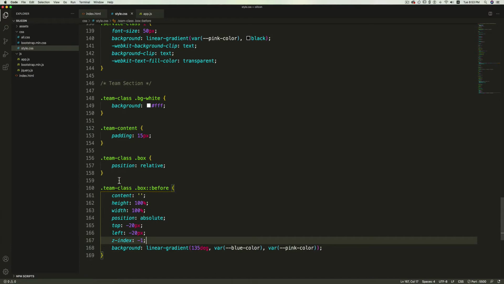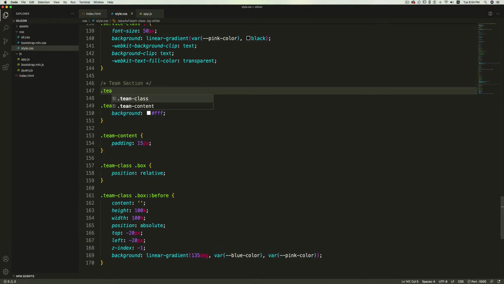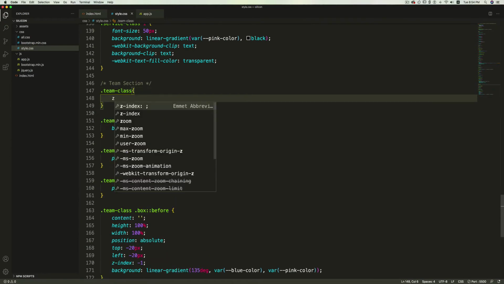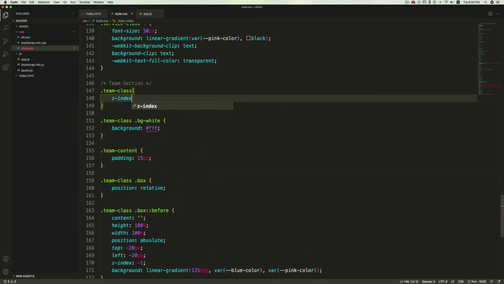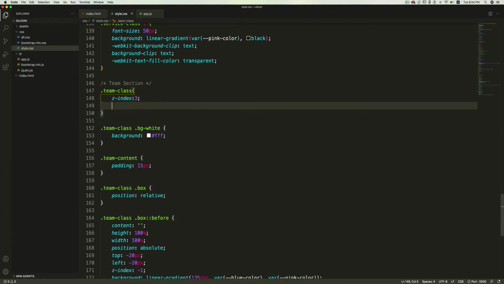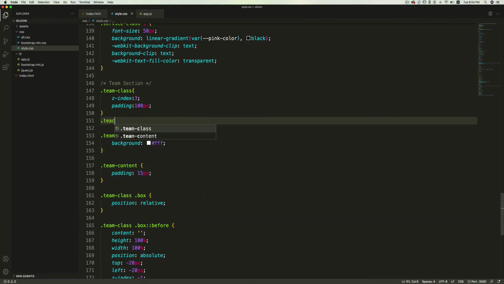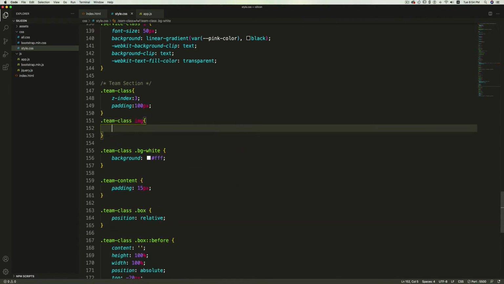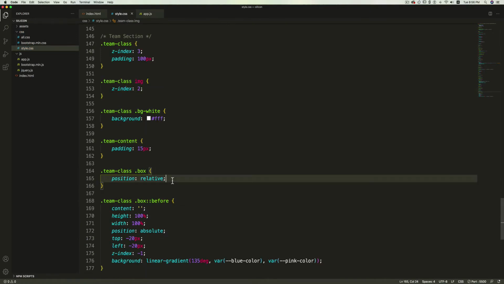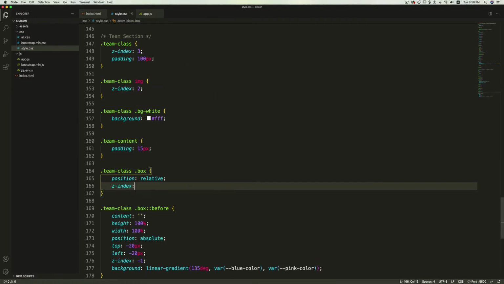Now after this, I need to set the z index for the team class. So team class z index 3, and I'm also going to give it a padding of 100 pixel, and then I'm going to target the image. So team class img, and I will set the z index to 2, and finally I'm going to change the z index of the box to 1.